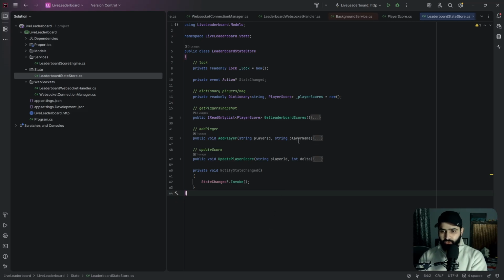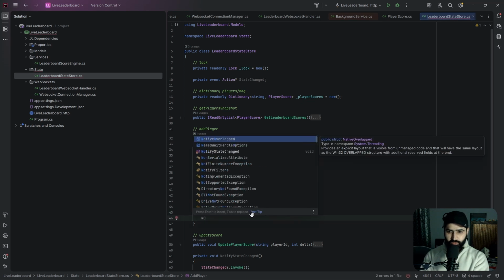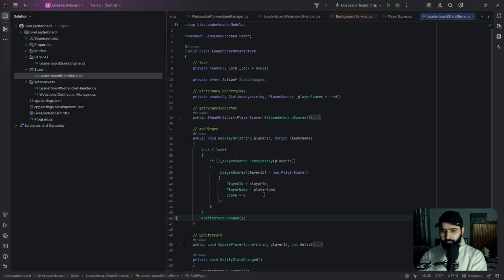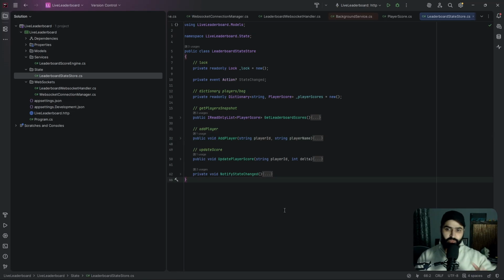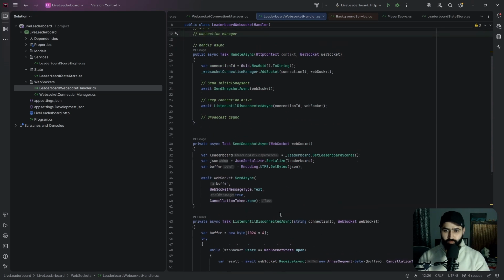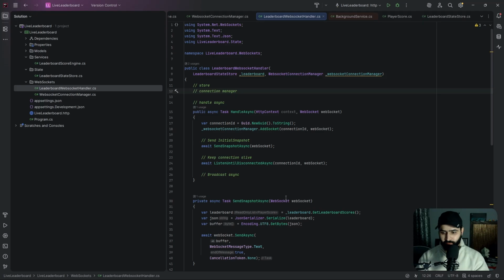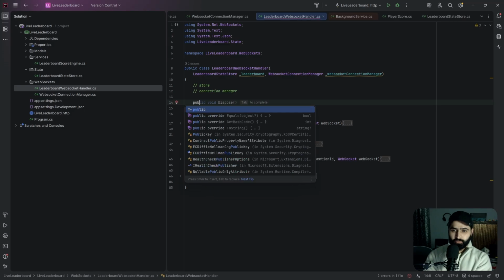ठीक है, अब ये मेरे को दो जगह करना है। एक मेरा जहाँ पे प्लेयर ऐड हो रहा है, यहाँ पे मुझे करना है नोटिफाई, कूल, और एक मुझे करना है अपडेट के बाद, नोटिफाई स्टेट चेंज्ड करना है। कूल, ये हमने कर लिया। अब जब भी मेरी स्टेट चेंज होगी मुझे ब्रॉडकास्ट भी करना है उस मोमेंट पे। ऑल्दो अभी अगर आपने देखा होगा कि हमने ब्रॉडकास्ट को कहीं भी यूज़ नहीं किया है अभी तक। ओके, अब हम क्या करेंगे, ब्रॉडकास्ट हमारा एक प्राइवेट मेथड है। यहाँ पे हमें इसका एक कंस्ट्रक्टर भी बनाना पड़ेगा मेरे को, पब्लिक